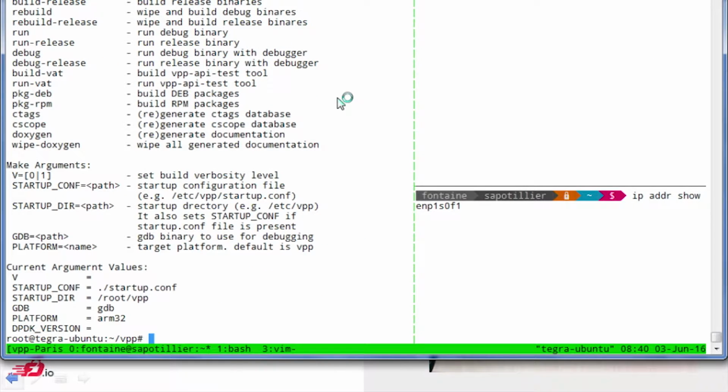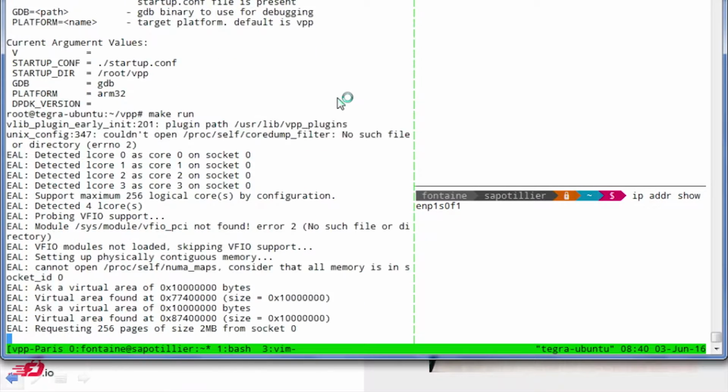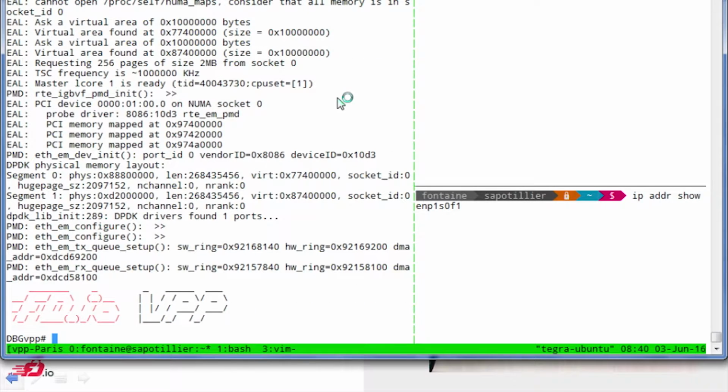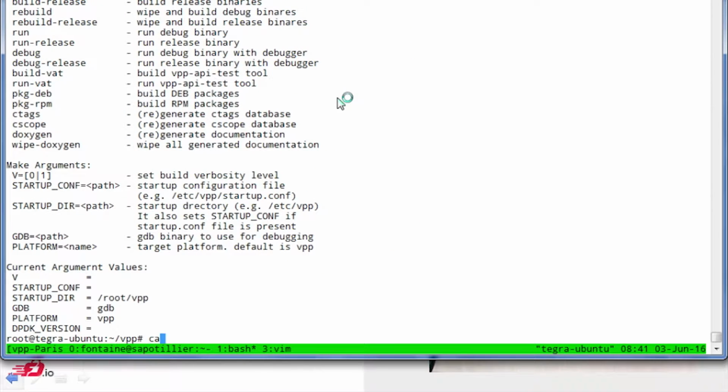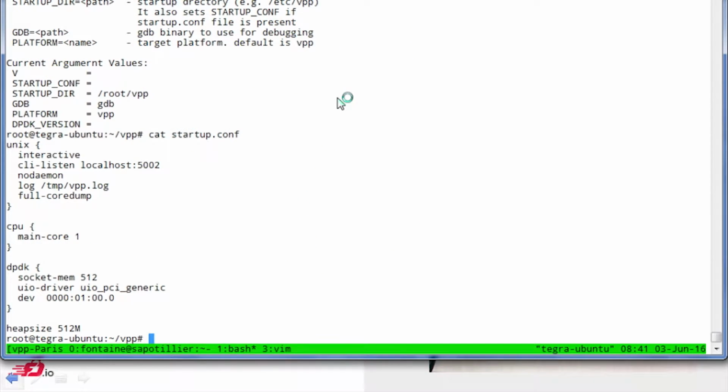There it is. I already compiled everything, because even with a Cortex-A15 running at 2.3 gigahertz, getting everything from source and building just takes some time, so I prepared everything. And so, what do we have? Let me look at the